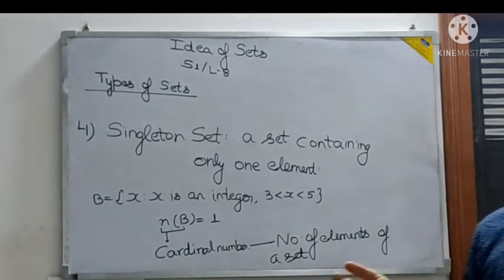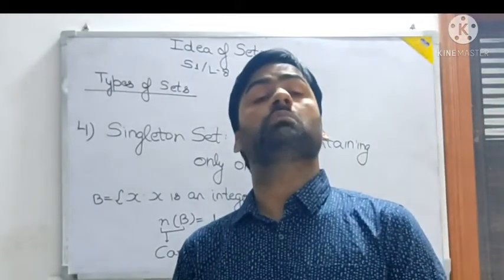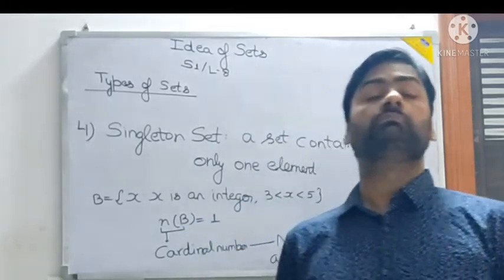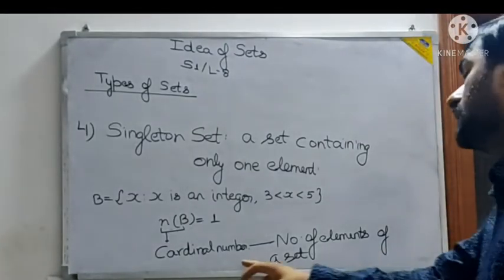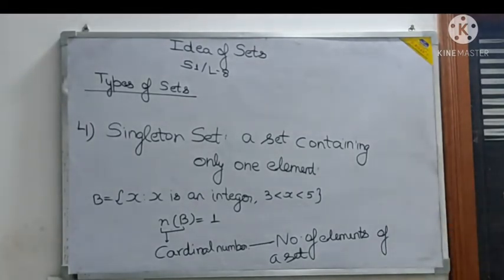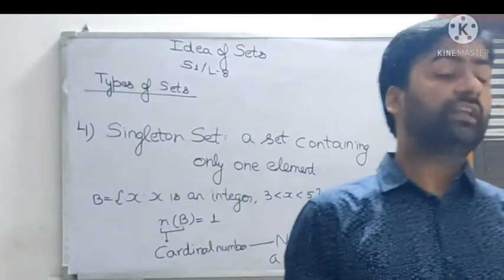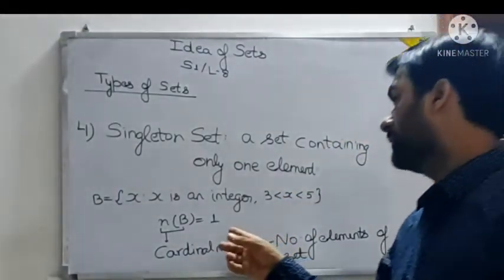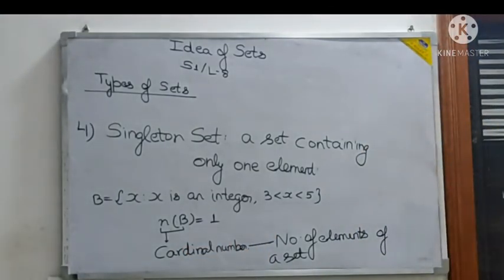So cardinal number is a term that we are using for the number of elements. So when we say cardinal number, basically we want to know how many elements are there in the set. It shows the number of elements in the set. And obviously cardinal number is defined only for a finite set. Why so? Because if the number of elements can be counted, then only you write some number here. If it is an infinite set, what do you write here? Infinite? No. So cardinal number is defined only for a finite set. Okay.